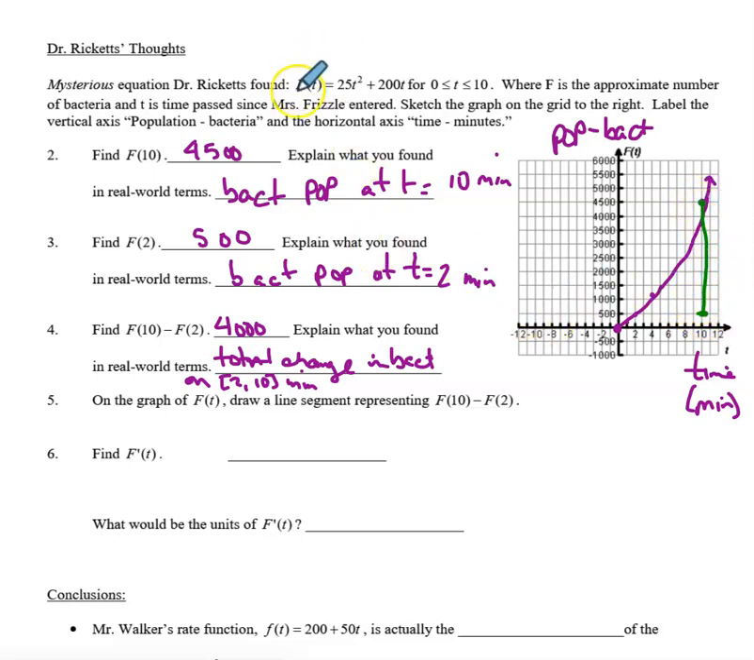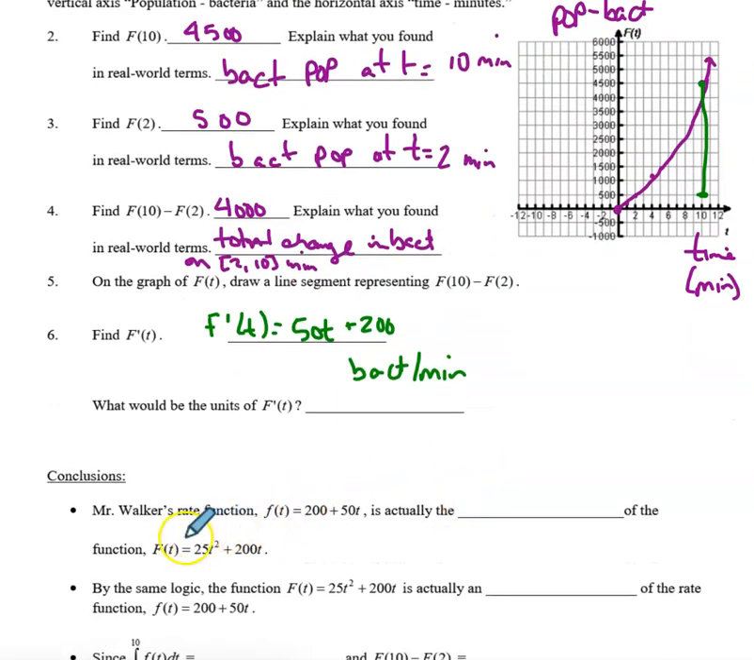Now let's go ahead and differentiate Dr. Ricketts's big F function. Big F prime by the power rule is going to be 50t plus 200. And the units, instead of just bacteria, we're going to have bacteria per minute. So that should look familiar to you from the prior page and Mr. Walker's thoughts. So what we have found is that Mr. Walker's rate function is actually the derivative